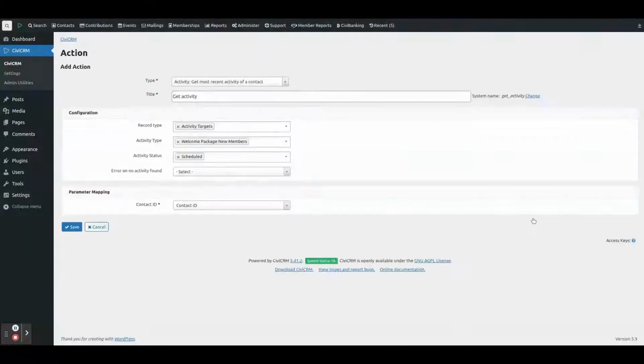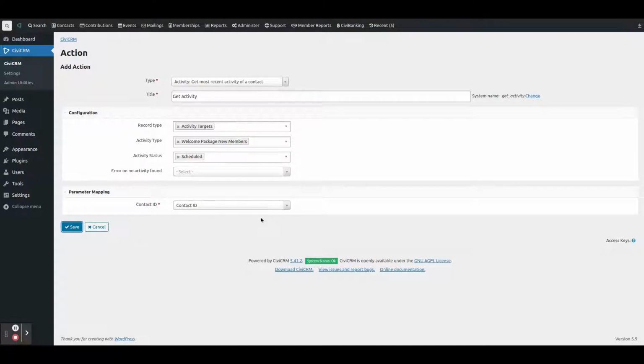When I click on Edit, you can see that the configuration is set up like this. The record type is activity targets, the activity type is welcome message new members, and the status is scheduled. The contact ID is of course the contact ID of the contact. We click on Save,